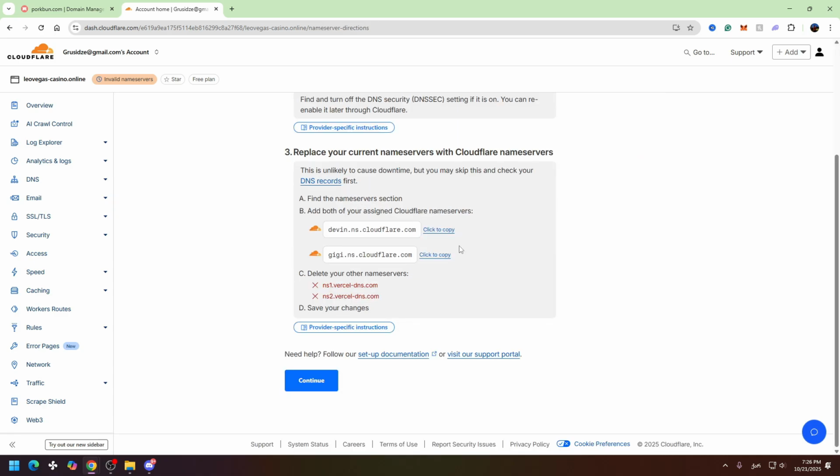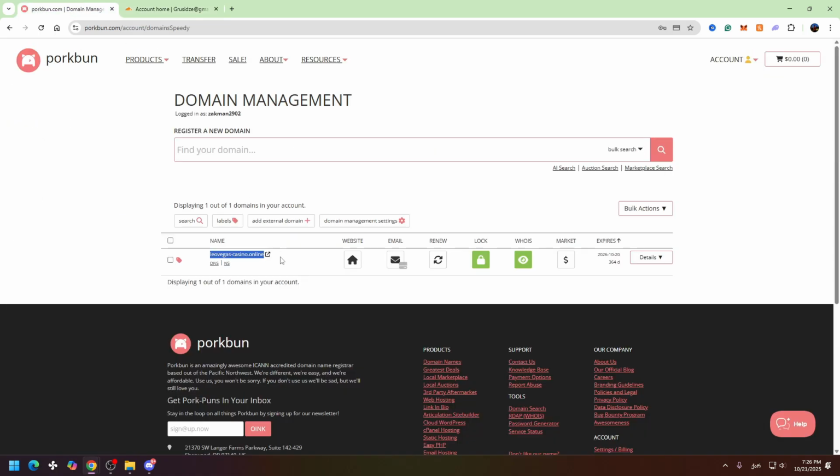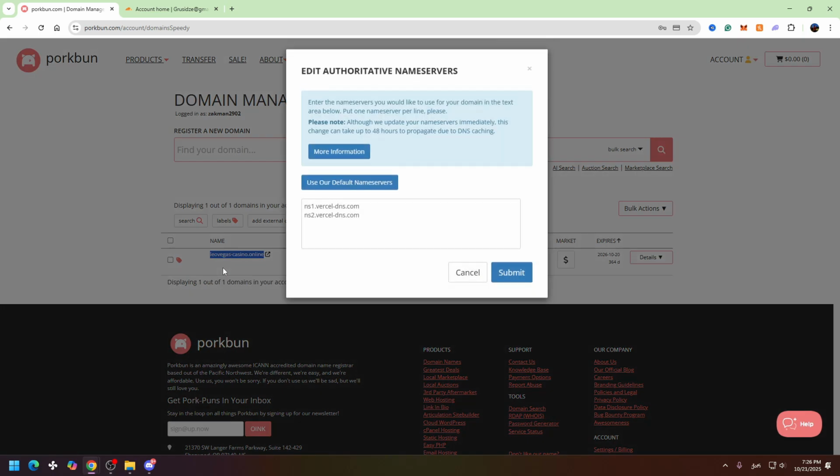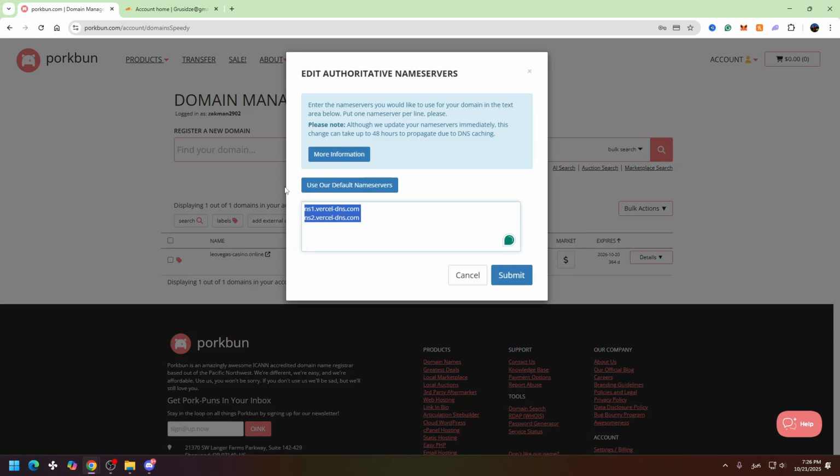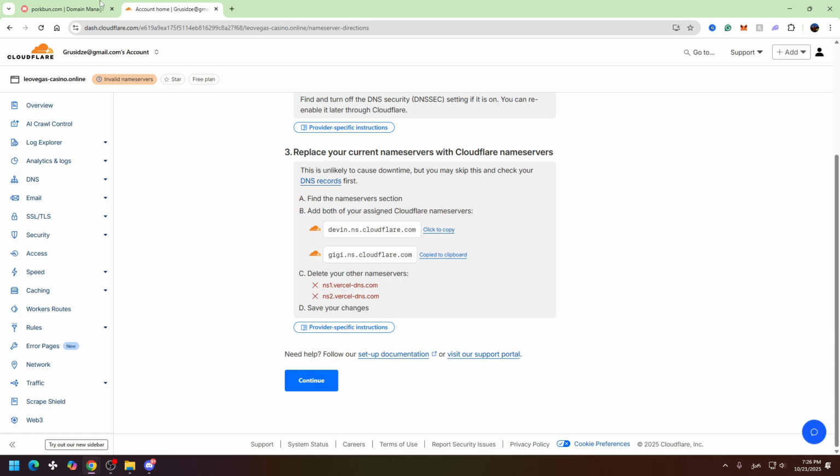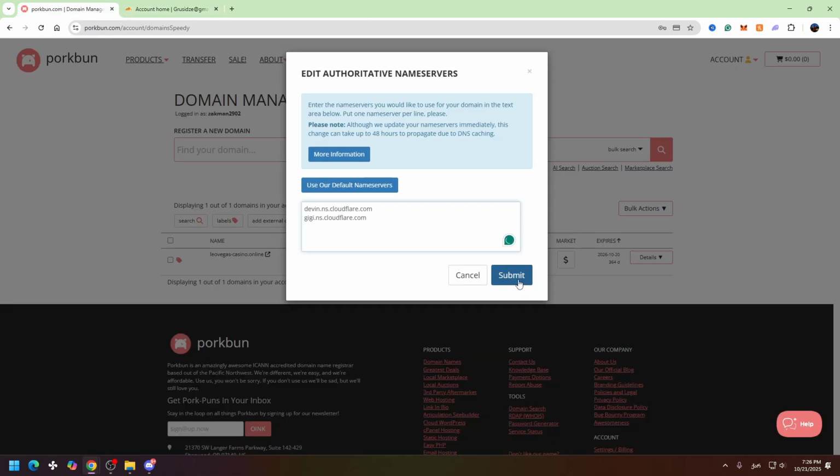Now we need to update our name servers on Porkbun, so let's copy the first Cloudflare name server and let's go to Porkbun. Under our domain, you will see this NS button right here. You need to click on it, and we need to paste our name servers right here. First one, and then the second one. Click Submit,